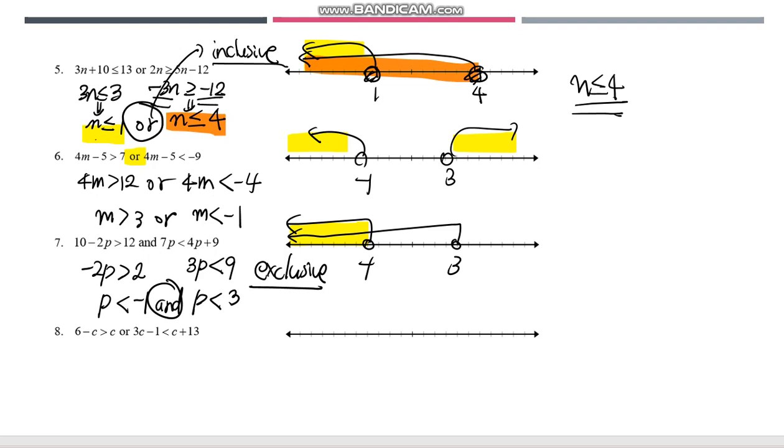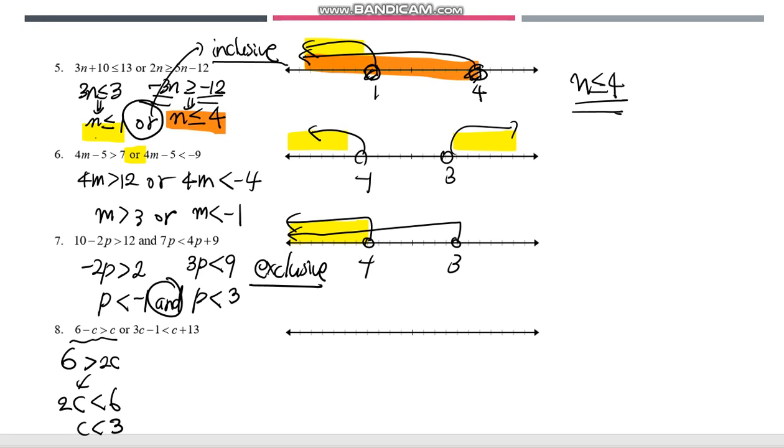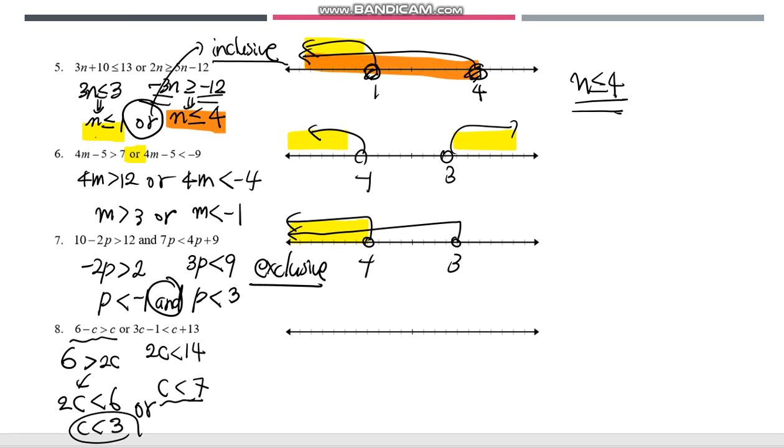Okay, so now this one, you move -c to the other side, then you have 2c is less than or equal to 6. Again, I always want to put variables on the left hand side. Then this one is c is less than or equal to 3. And then now this one is 2c. You're moving c to the other side, and you're moving -1 to the other side. Is 14. And c is less than or equal to 7. Now they are connected with "or." So if they are going to the same direction, they're going to the same direction here, and now it will form